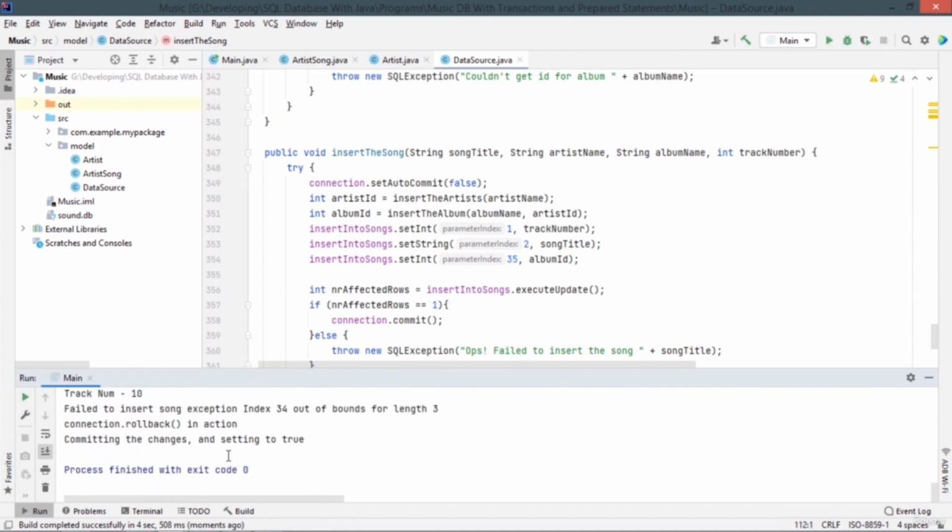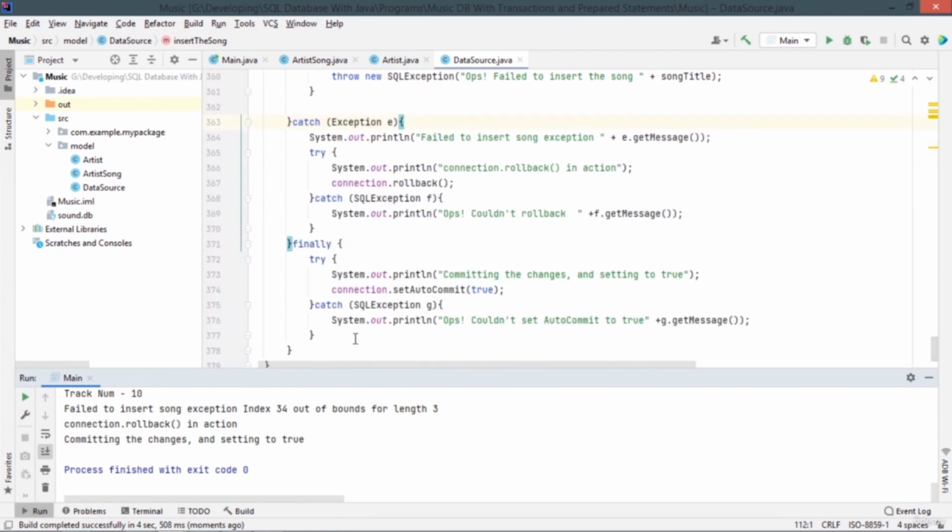Okay, now it's working how it should work. Failure to insert song exception, index 34 out of bound for length 3, connection dot rollback in action, committing changes and setting to true. That's it. We have to commit the changes if there are changes, okay, and we have to set it default to true if we don't make any changes or if we do make changes, because the next operations that are going to